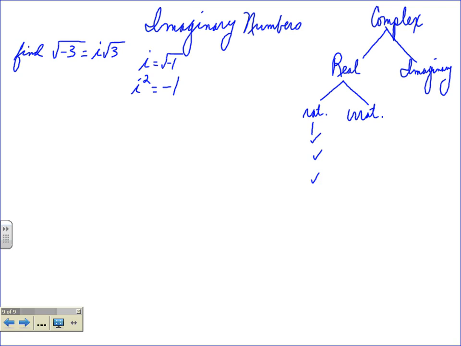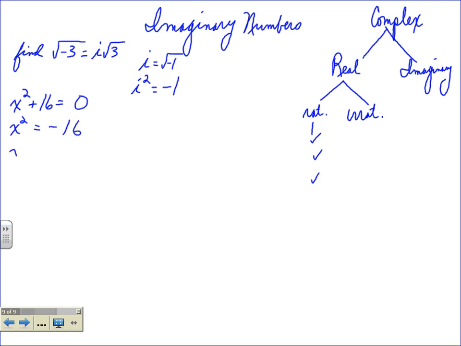Let's take an equation that looks like x squared plus 16 equals 0. Does it factor? No. It will factor if it was x squared minus 16, the difference of two squares, but I can't factor the sum of two squares. So let's solve it this way by subtracting 16 from each side,